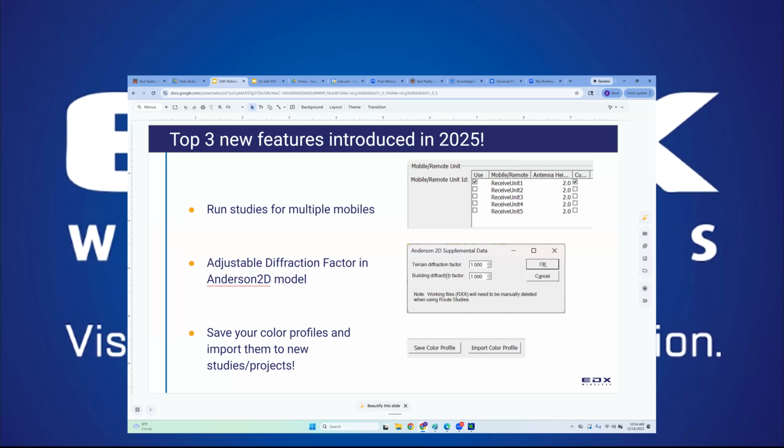Next, the Anderson 2D propagation model. If you want to adjust how much diffraction loss you're getting, either for terrain obstructions or for MCS buildings, if you're using discrete building polygons, you can go in and adjust how much diffraction loss you're getting for either of those kinds of obstructions. And the main use case here is if you've got building polygons for a dense urban